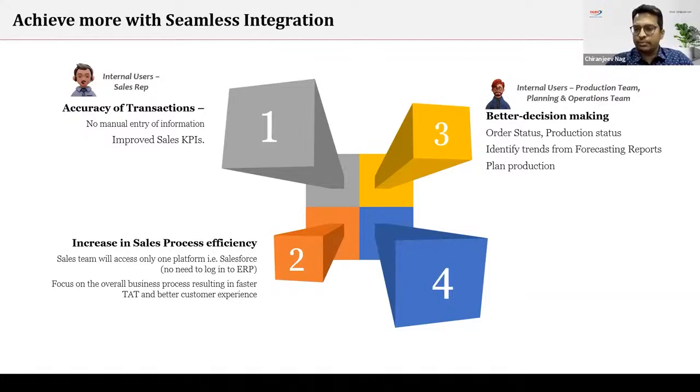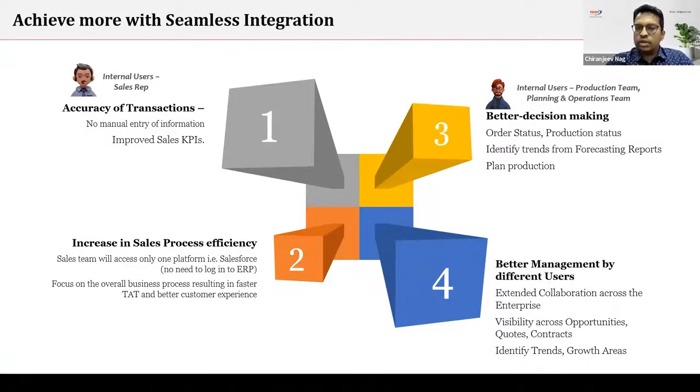So let's say the sales rep is placing an order in the CRM system. As soon as the order is placed, since the integration has already happened, the production planning team can see which inventory is really going down so that they can avoid such inventory stockouts. And apart from that, by building forecasting reports, the production planning team will get an idea that, okay, over the next 12 months, which products have to be manufactured and at what level. So with this, the overall inventory management becomes very efficient. And with that, we are also able to bring down the inventory managing cost as well. So this is how it benefits the other personas.